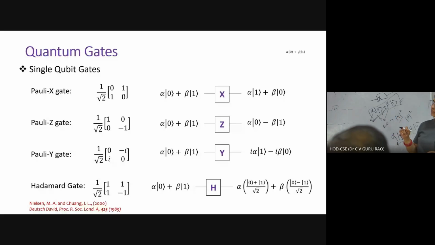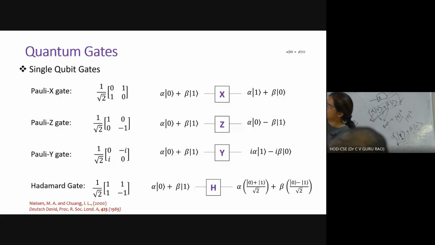And phase flip means it changes the sign. So it starts with alpha 0 plus beta 1. It keeps alpha 0 as it is and changes the sign over here from plus to minus for beta 1. Okay, this stays the same. So in the matrix representation, you can see over there, in the Pauli X gate, the